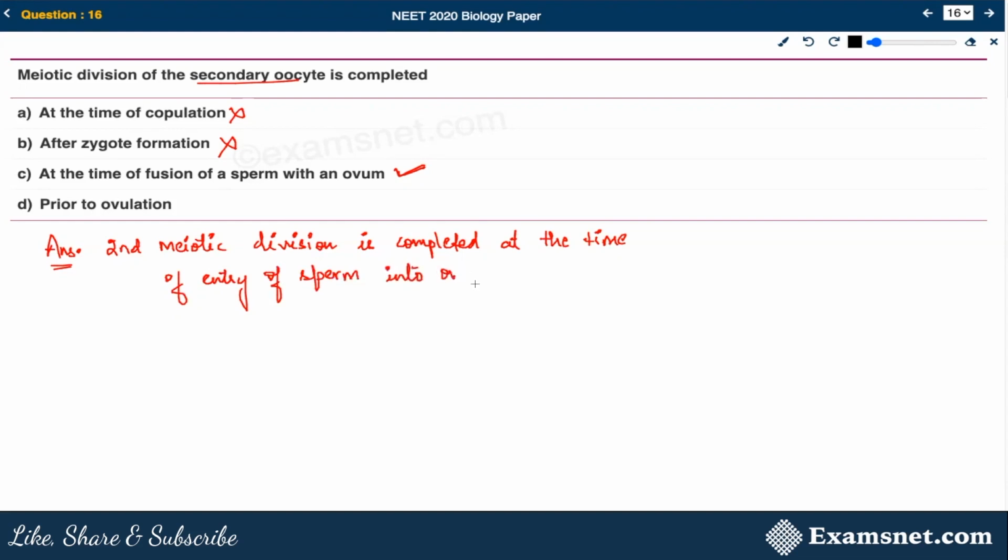So you can say ovum, which is also considered to be the secondary oocyte. Ovum or secondary oocyte. So as soon as the sperm is going to enter into the secondary oocyte, this will lead into formation of a large ovum along with the tiny polar body, which is the second polar body. So this ultimately results into